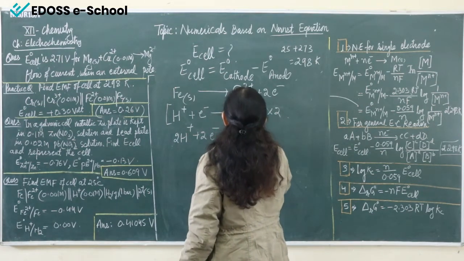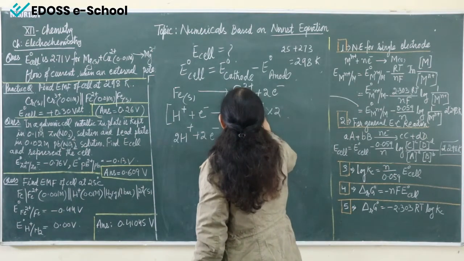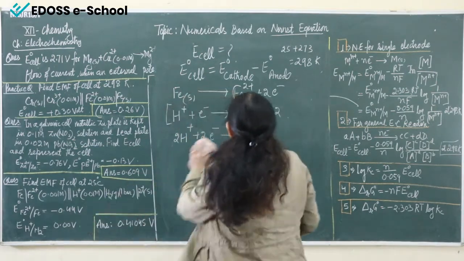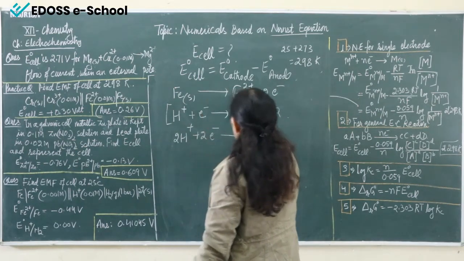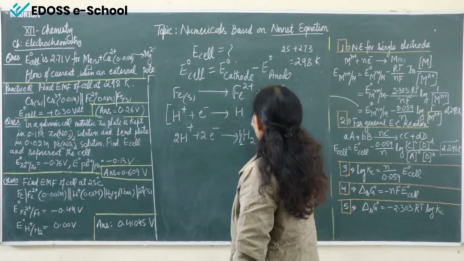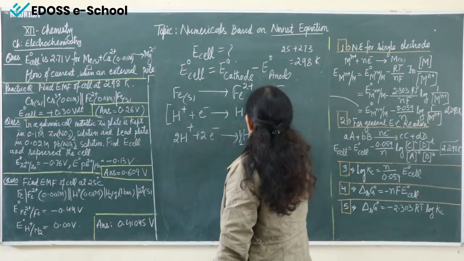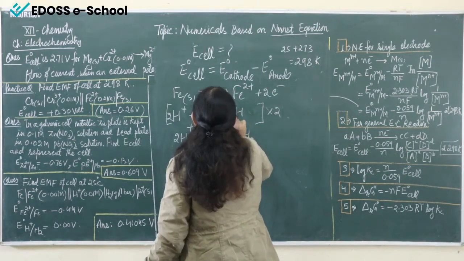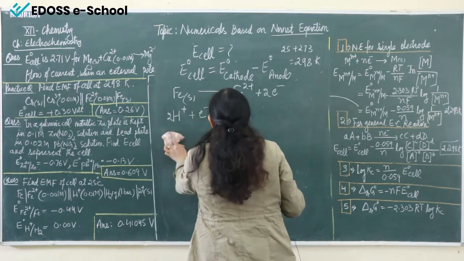Here we will have to write half H2. We write this because only 1 electron is involved here. So here only H will be there. But this is not possible, because this can't survive in the free state. So you can't write this equation this way; you will have to write it as 2H and then half H2. No need to multiply it in this way, else this equation will become wrong.